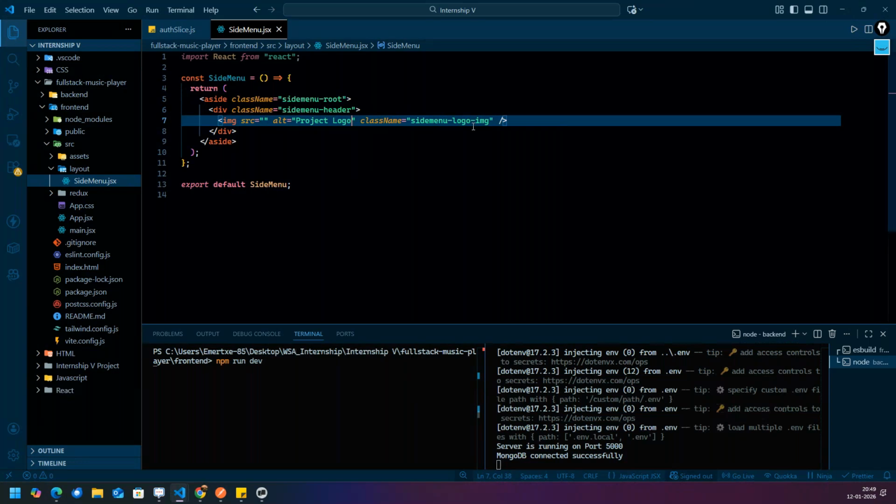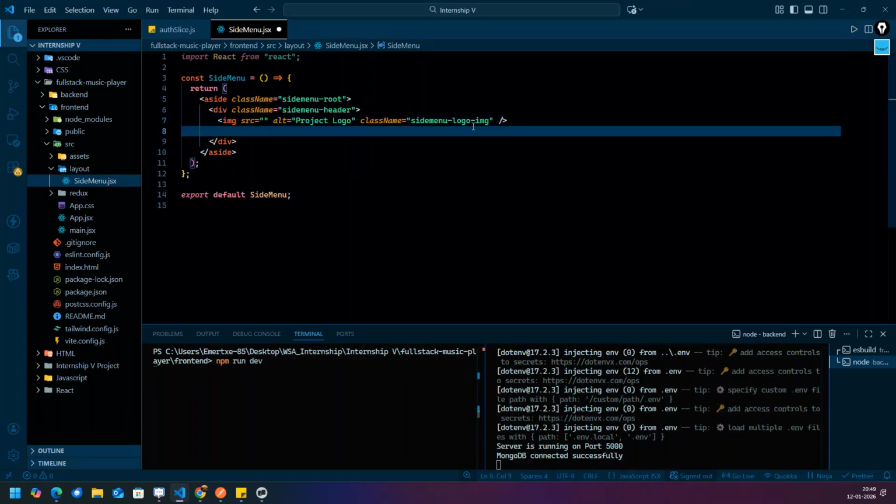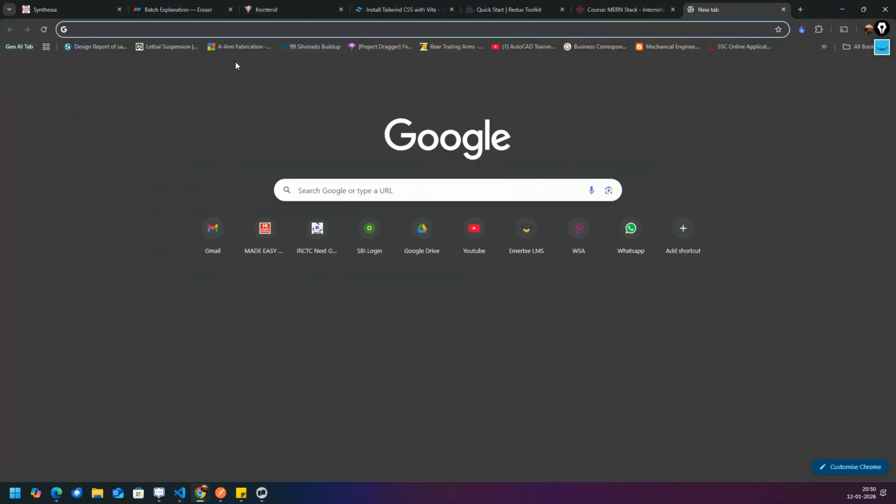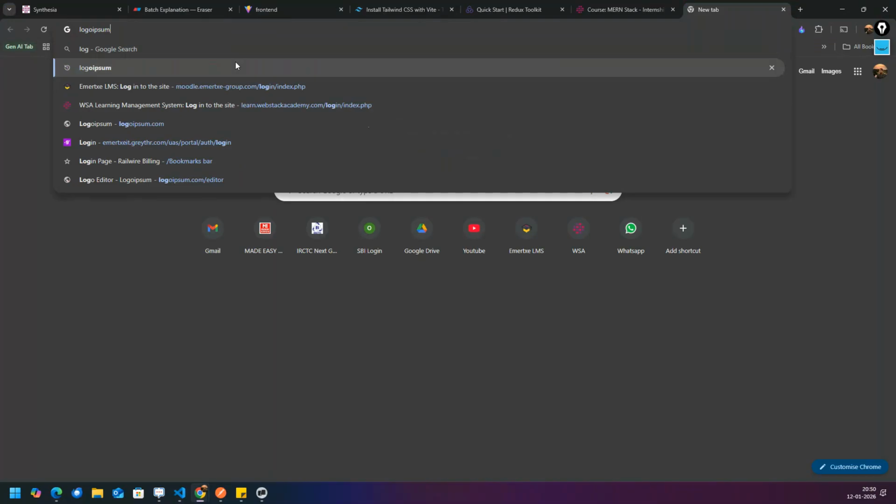You can have any logo; it doesn't matter. One website I can show you for logos if you want. It's called Logo Ispum.